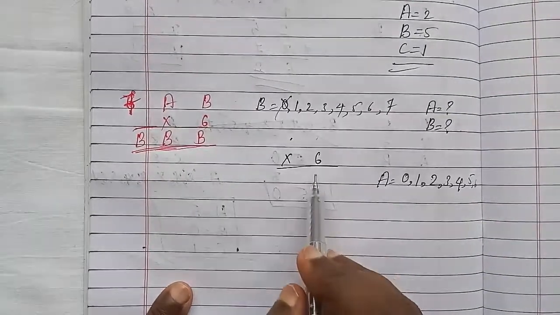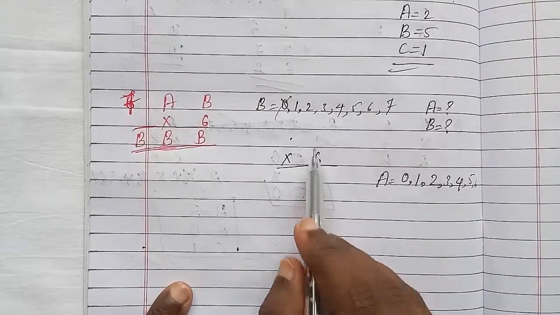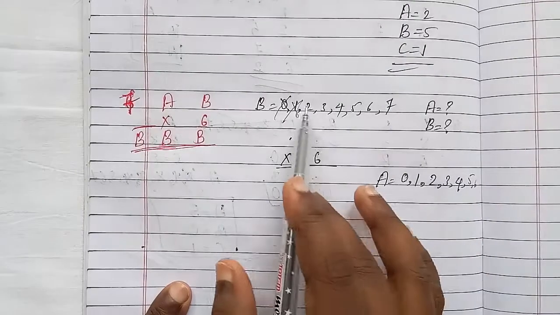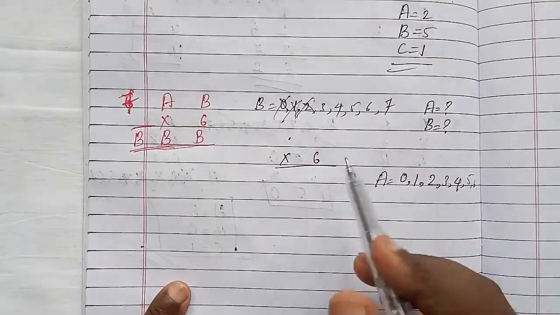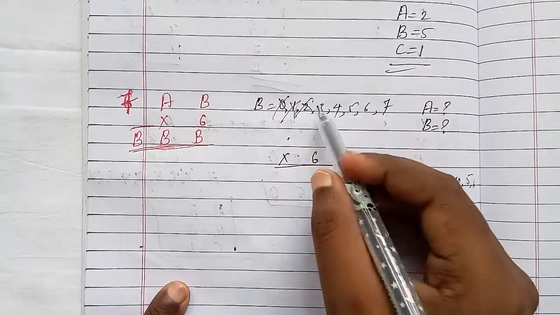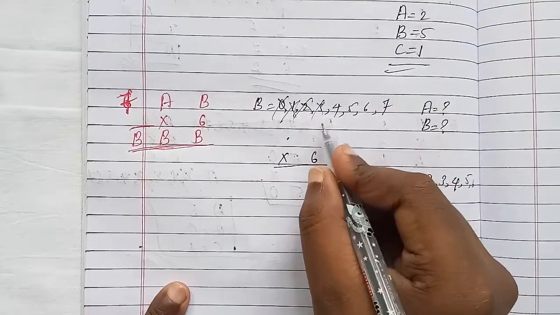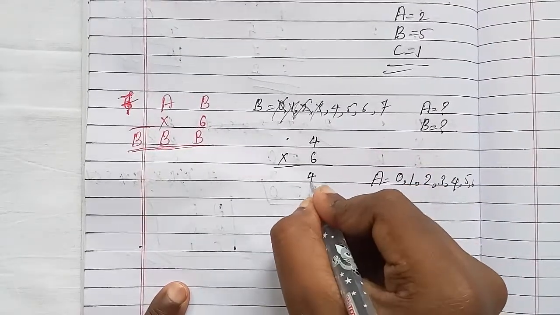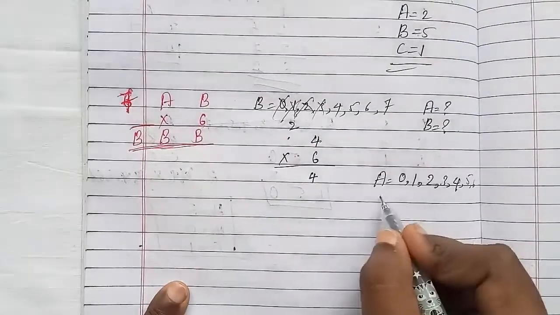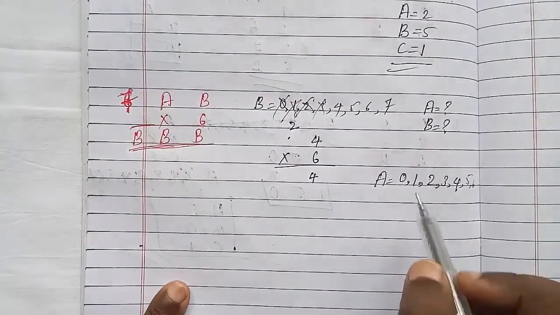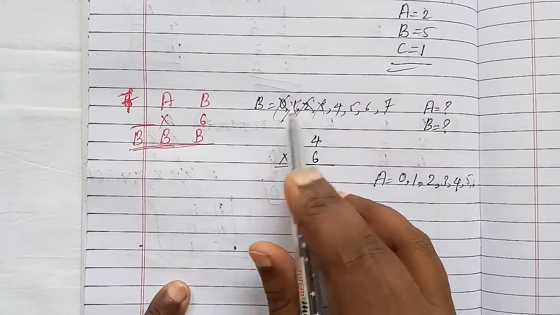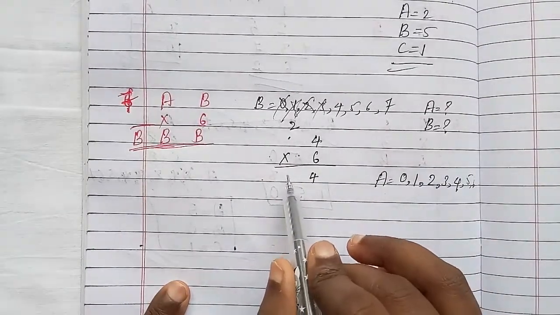See, 6 ones are 6, 1 and 6. There is no formation. In place of B is 2, it's also wrong. In place of B is 3, it's also wrong. And in the place of B, I will take the 4. 6 4s are 24. In the place of A, I will take the value of A is equal to 0. 6 zeros are 0. 0 plus 2 is 2.